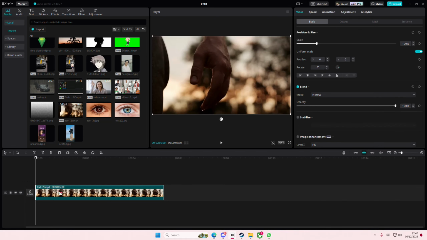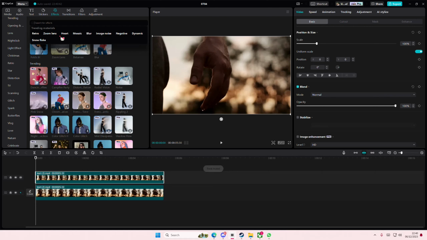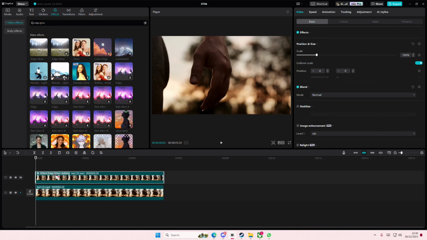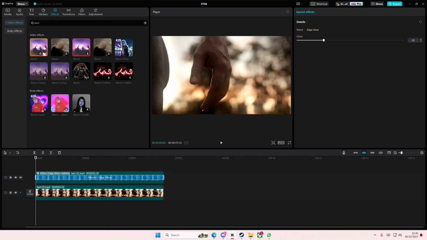And then I'm just going to copy and paste that, and on that video you just go to effects and you're going to add in the edge glow effect. You're going to also add in the neon outline effect,